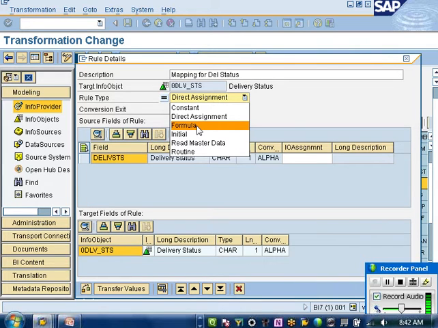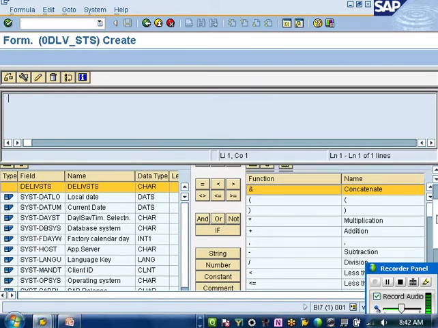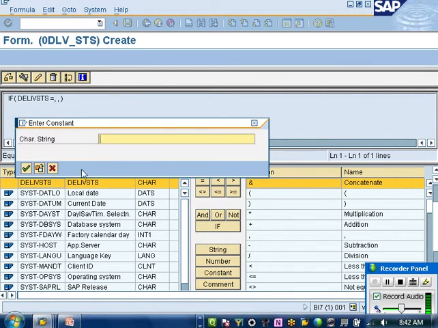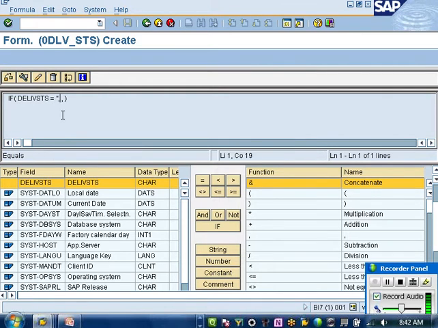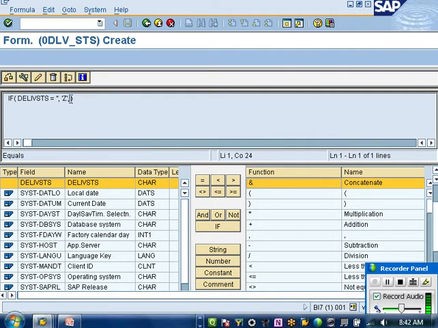If delivery status is blank, I'll use this if condition. If delivery status is equal to blank, then what do you want to take? String, I want to take it as Z. And if it's not blank, what should it take? It will take the same delivery status.